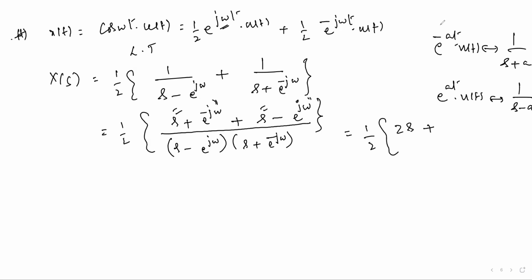If I write it, this one is minus, this can be written as 2j sin omega. And denominator it is